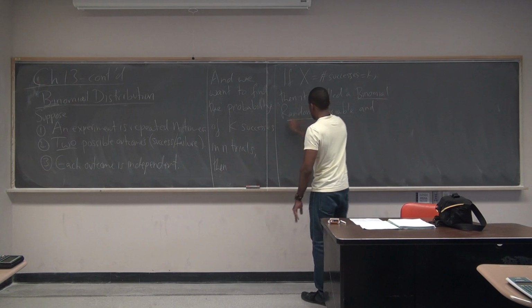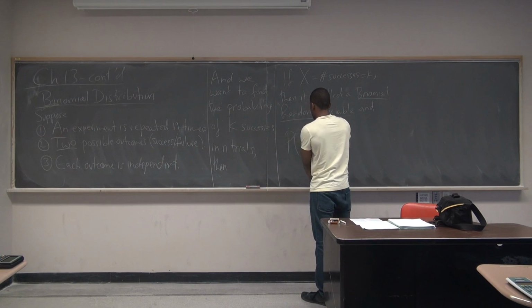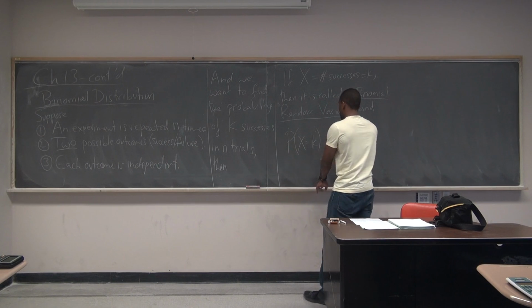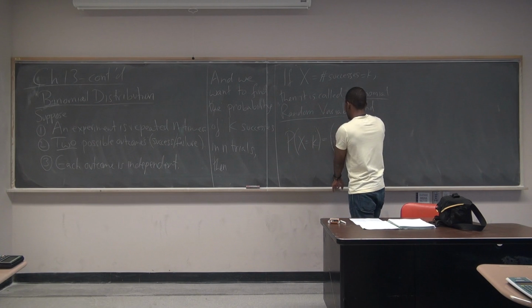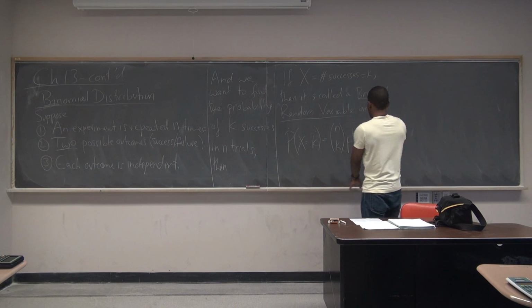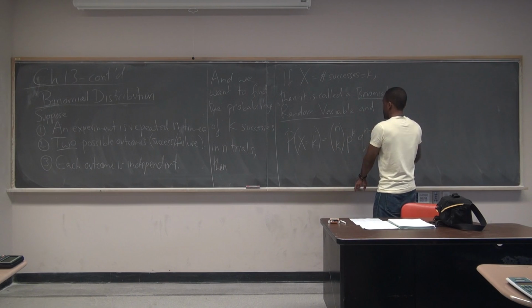And on top of that, the probability of k successes, the probability that x equals k, that what you're looking for will happen k times out of the n times, is n choose k, p to the k, q to the n minus k,